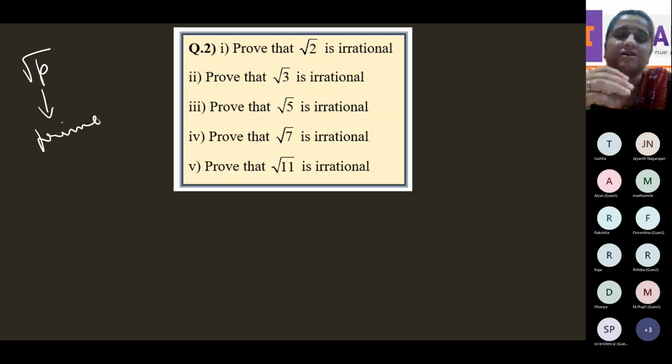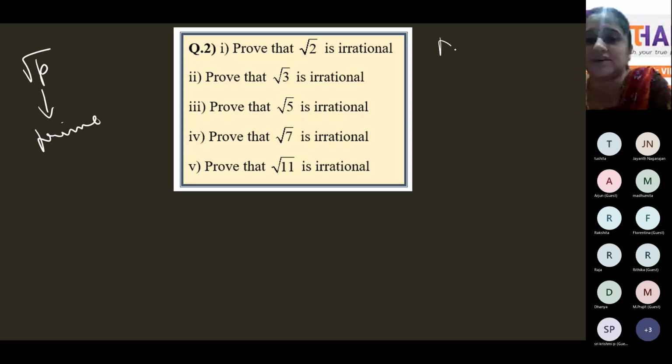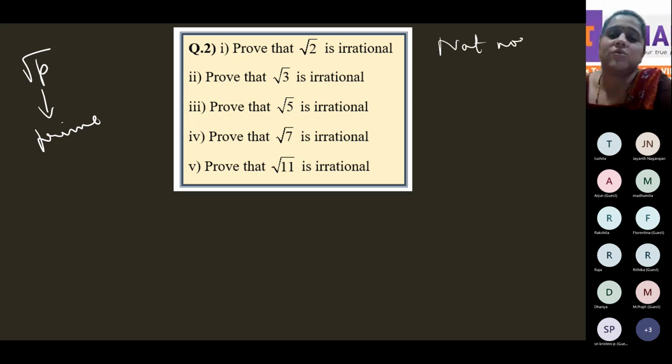So in our study, we have only two kinds of numbers, rational numbers and irrational numbers. Supposing you get hold of a number and you see that it is not rational, that means it's irrational. If it's not rational, it is irrational. So that's what we're going to prove: root p, where p is a prime number, is always irrational. Now for that, let's take the collection of natural numbers,